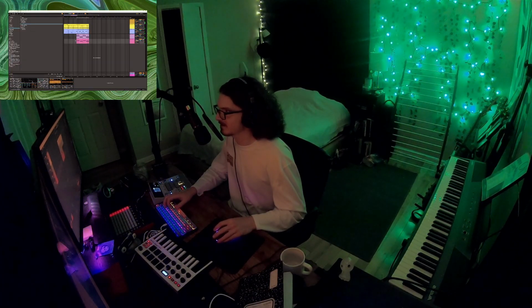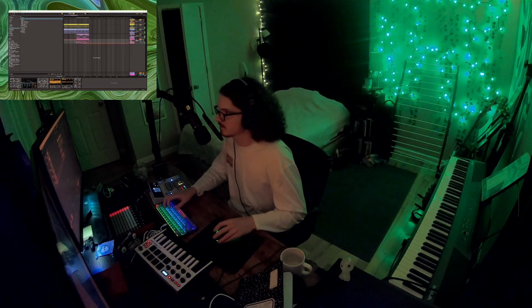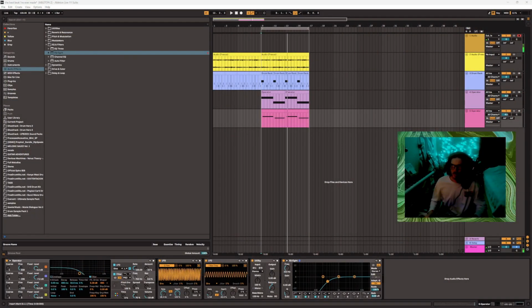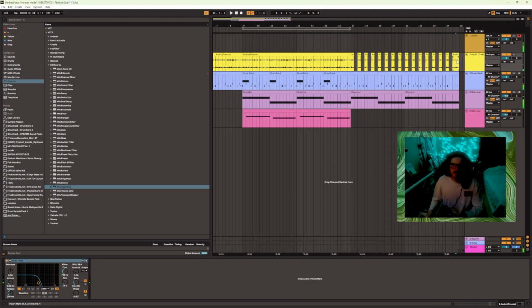I think I'm gonna have it go ear to ear. Maybe gradually pan from the left to the right, sort of. So grab a Utility. Sometimes I forget that I'm not on this view. I should have been on this view the entire time, but oh well. So yeah, you can kind of